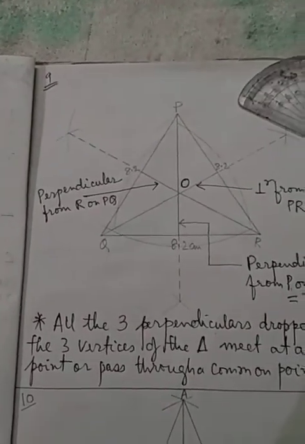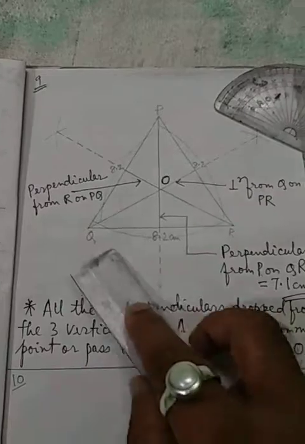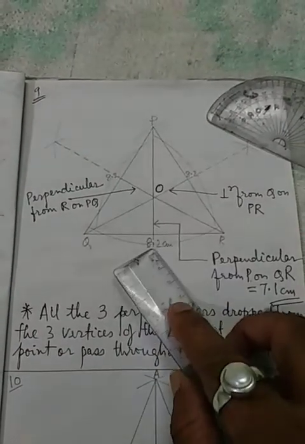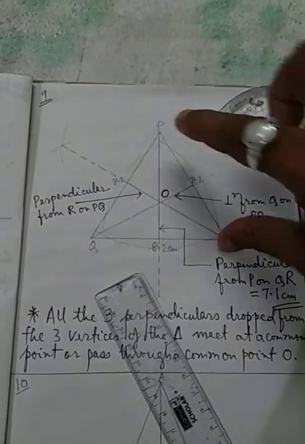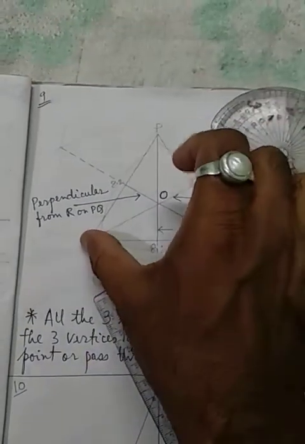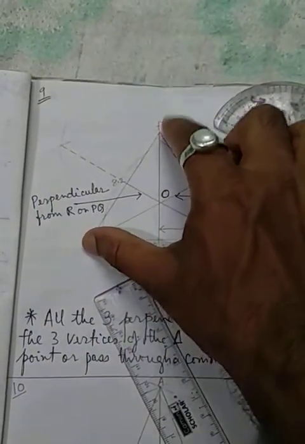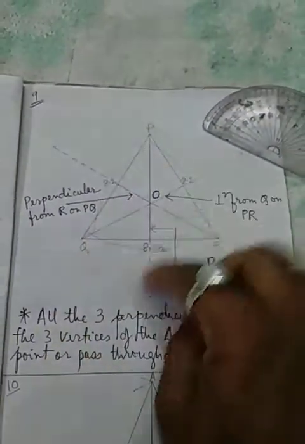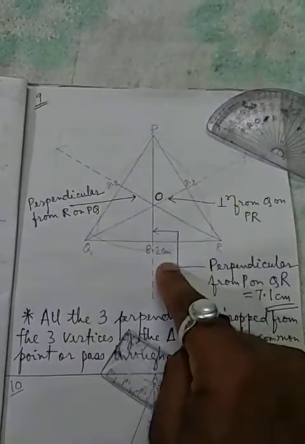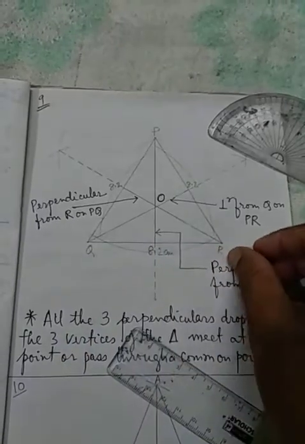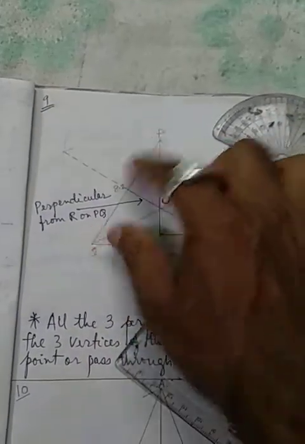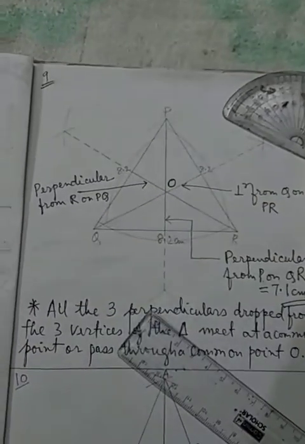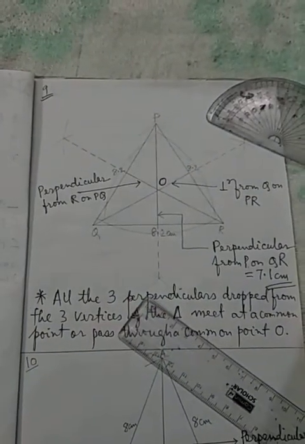You can draw a rough figure if you want. PQR. So let us take the base QR 8.2. Measure this length, and taking that arc only once I will cut from here, then I will cut from here. So I will get the vertex P, because all the three sides of the triangle will have the same length. So first the baseline, taking this arc, cut from here and once from here. So all the three sides equal. That equilateral triangle is ready, number 9.